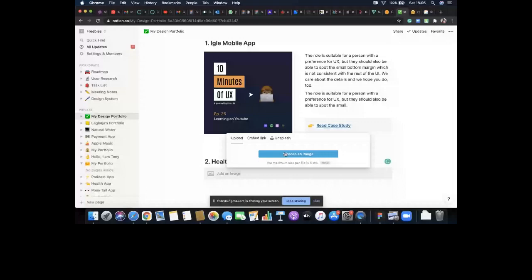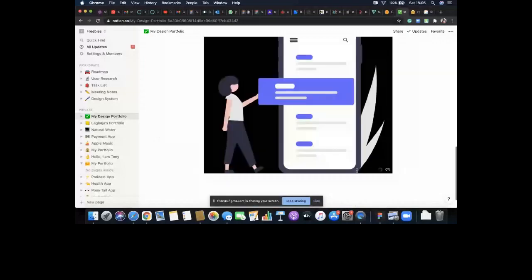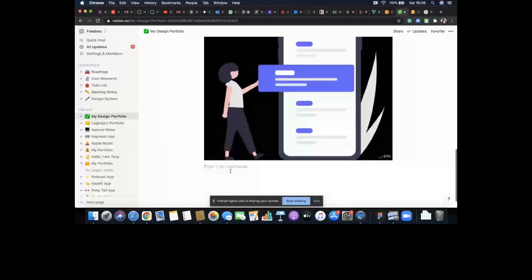Look for a similar image. I can use this one, open. And while that is loading up, now we have our image.